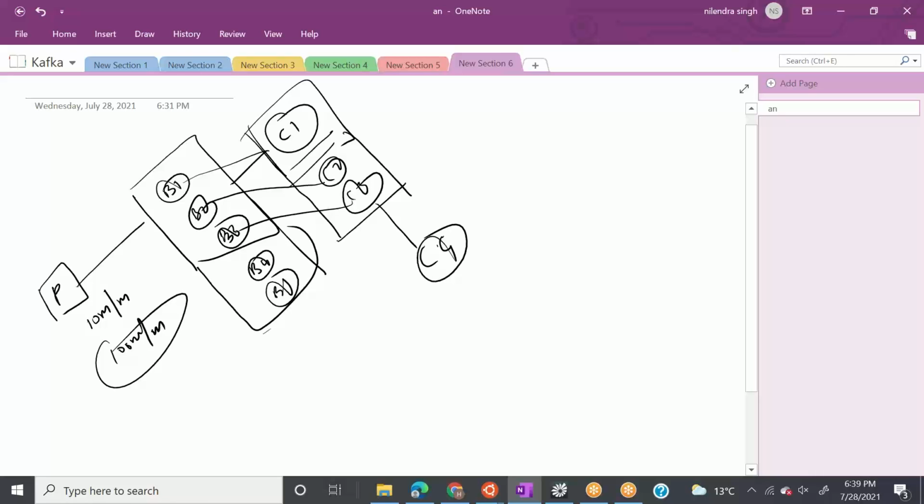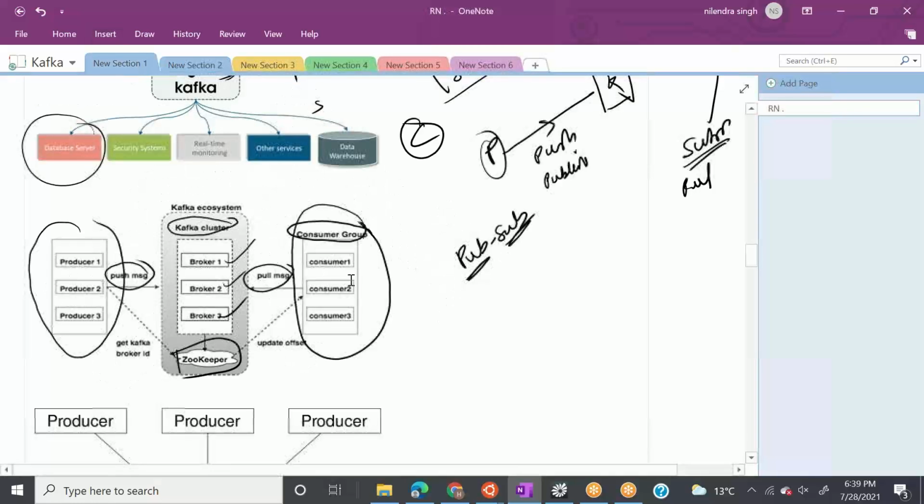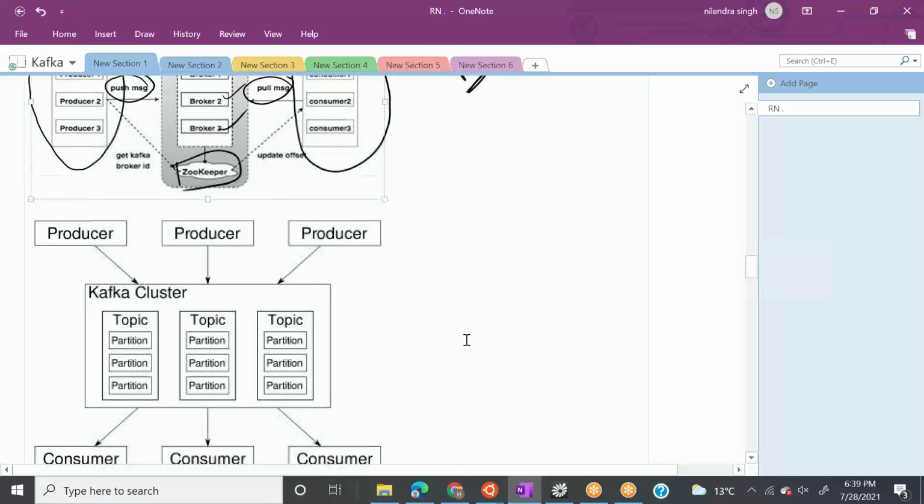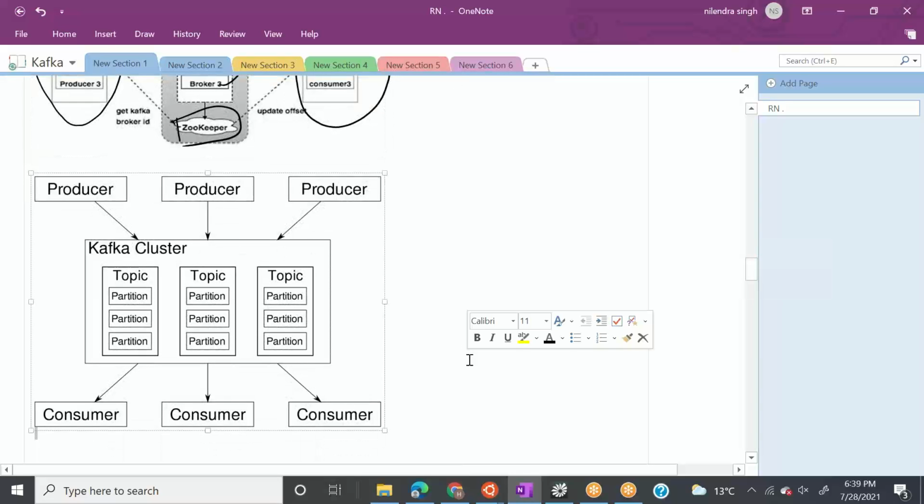So in any scenario, you can have max consumers equal to brokers or partitions. I'll cover partitions, but you can say we can increase capacity on both sides, on your Kafka side or on your consumer side. On Kafka, we call it a Kafka cluster. On the consumer side, we call it a consumer group. Okay. So now we have covered consumer group. Let's see one more thing.